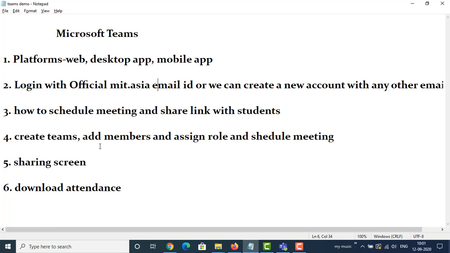Most of our students also have their Microsoft official email IDs now with them. So they can use the Microsoft Teams through their official email IDs. And the students who do not have official email IDs, they can create their own Microsoft accounts, and with the help of their own Microsoft account, they can join the lectures, they can join the meetings on the Microsoft Teams.